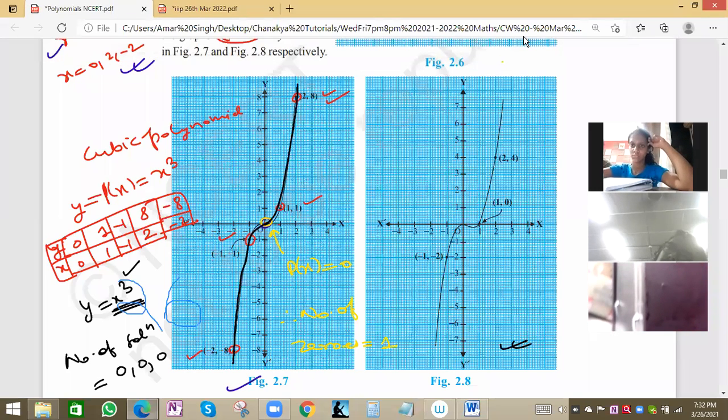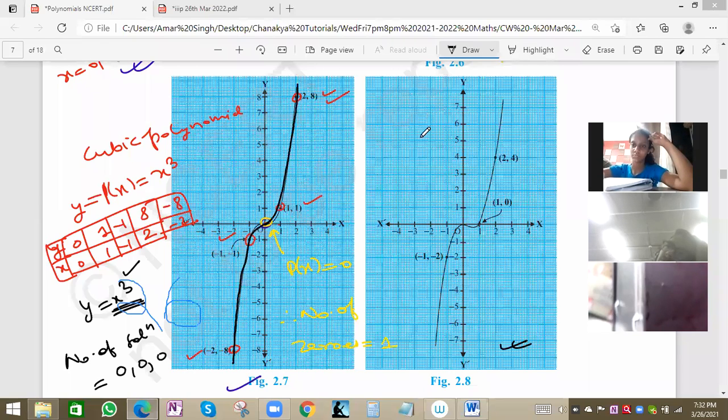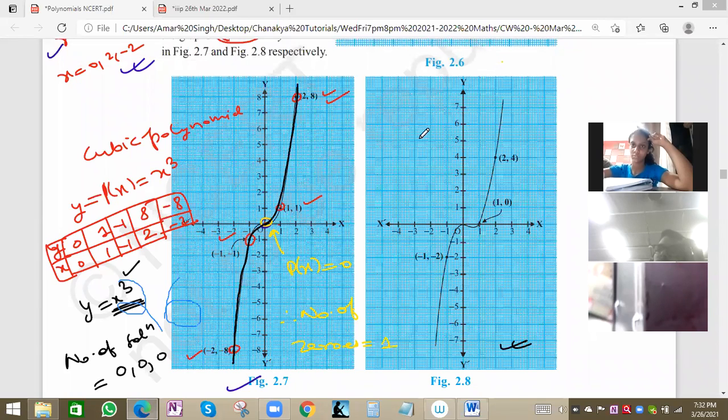What are the values for the second one? Second graph. Tenzila correct, Steve Summers also correct. Normally now, based on the graph only we have to write the values. Based on the graph only we have to write the values. So we'll stick to the number of zeros basically. So no need to confuse here. The number of solutions will be 3, 0 0 0, but based on the graph we can say the number of zeros will be only 1.